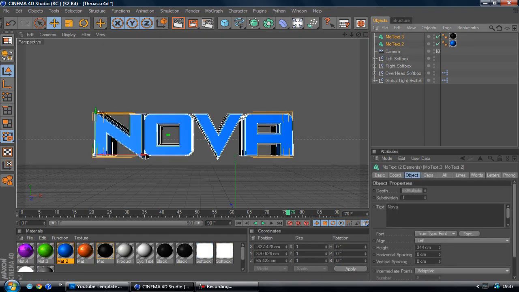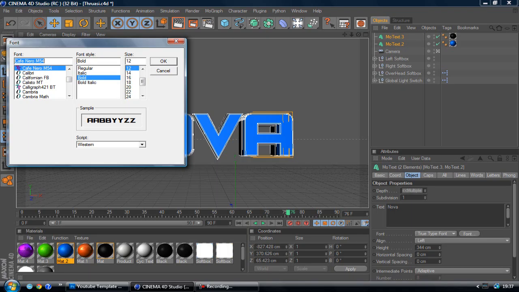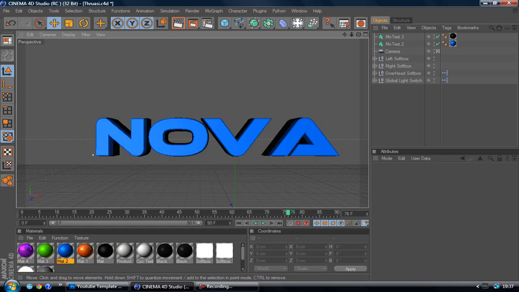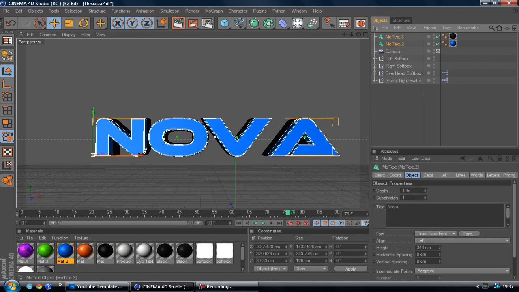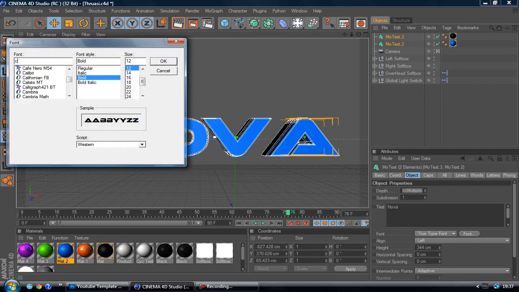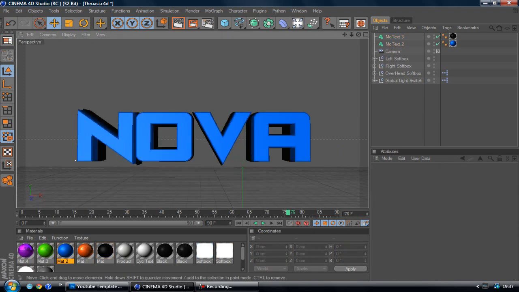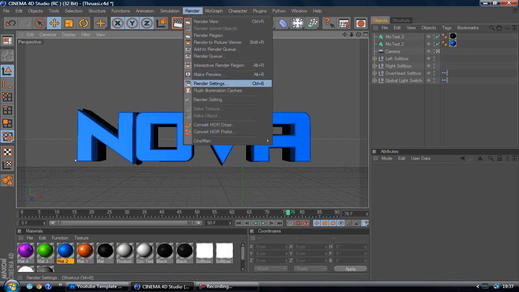So let's see some fonts. Actually, I might just keep this font. No, actually, I might have this font. Doesn't look that bad. Okay, maybe it doesn't look the best either. So I'll just keep these same as last time. Maybe zoom in a little bit, and what you want to do now is go Render, Render